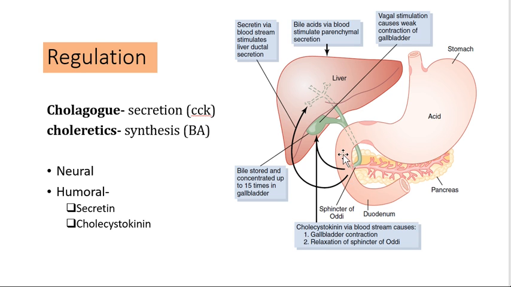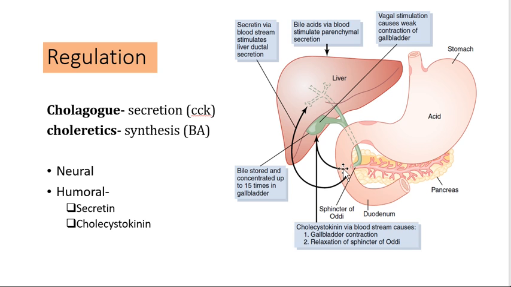If acid, or protein digestion products, carbohydrate digestion products, or fat digestion products come into the intestine, then in response the intestine secretes a hormone, cholecystokinin, which is secreted into plasma, and from plasma, as it's a hormone, it can go to the target tissue and play different functions. So when protein or fat digestion products come here, the intestinal cells secrete cholecystokinin, and this is very important when we talk about liver regulation.